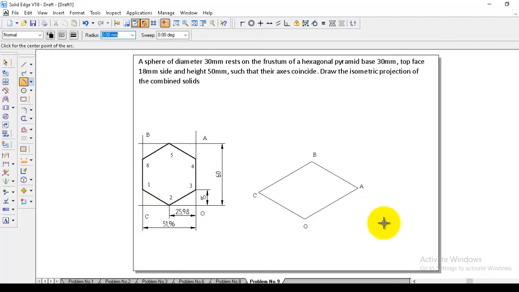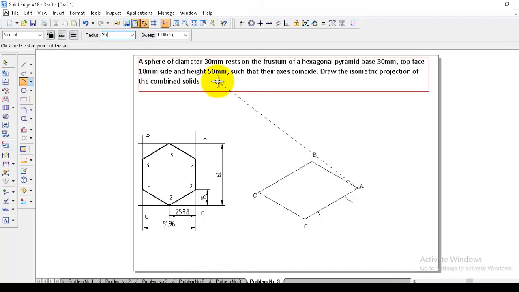So now we will identify all the points by giving the dimensions here. Between O and A, we are getting points 3 and 4, having 15 mm. So from the O, give the radius 15 and draw the arc on this to get point 3. Same way from the A, give the same 15 and get point 4. Okay, points 3 and 4 are finished. Now point 5 is coming between A and B, which has the same dimension of 25.98. So go to the point A, give the radius 25.98 and draw the arc.